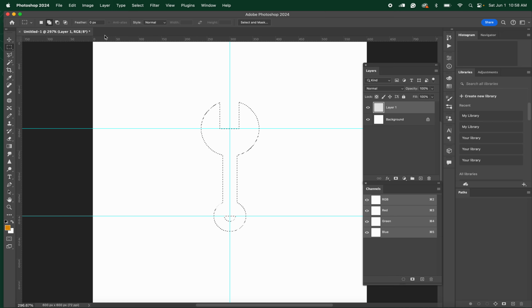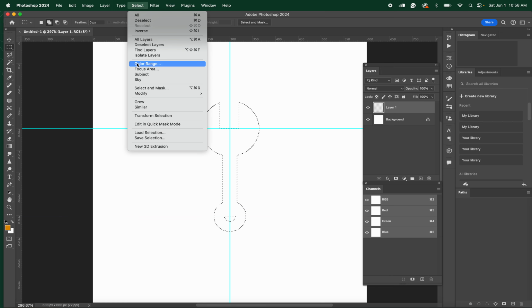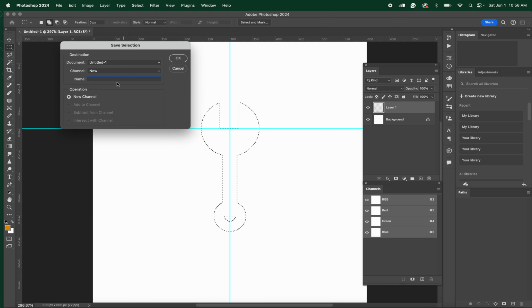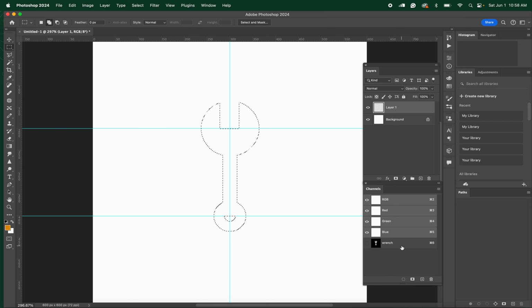How does it work? If you go to Select, Save Selection, right here, I'm going to call it Wrench. And I'm telling it I want it to be a new channel. So you'll see it shows up right here, and I'm going to say okay. So there it is. Now I saved my selection. If I deselect, Command D, I can always get it back. And you might say, how do you get it